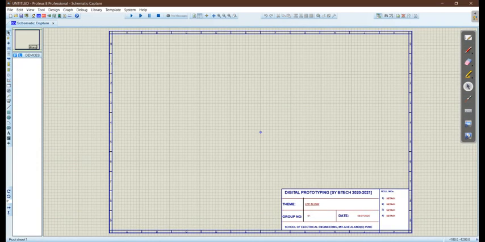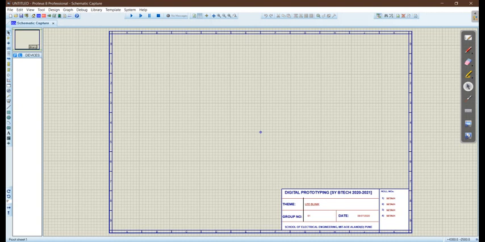So you can see this template we have received on our screen. On the right hand bottom side you can see Digital Prototype SY BTech 2021. Here your theme will come, the name of the theme. Then whatever your group number is, then the date on which you are editing this file. School of Electrical and MIT Academy of Engineering should be left as it is. Then in roll numbers you need to edit all these roll numbers. How to edit it, I'll let you know.